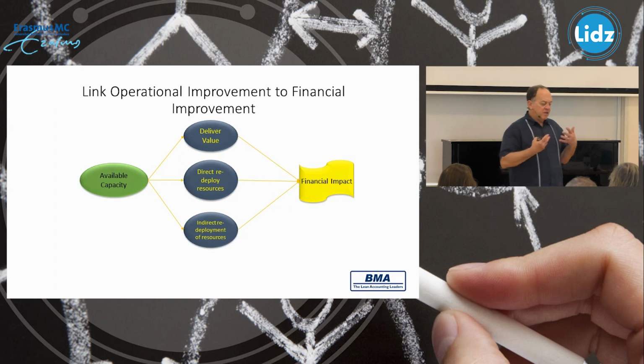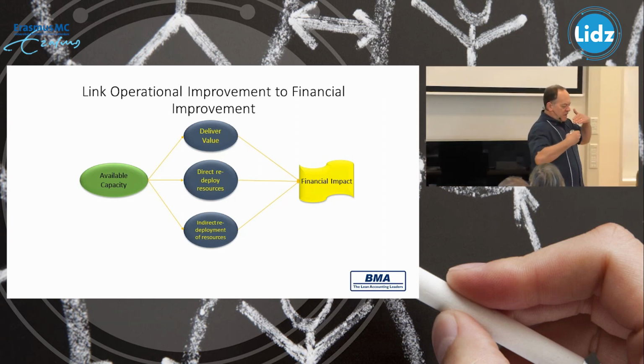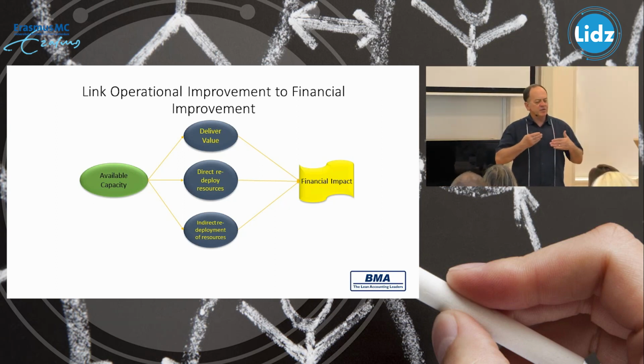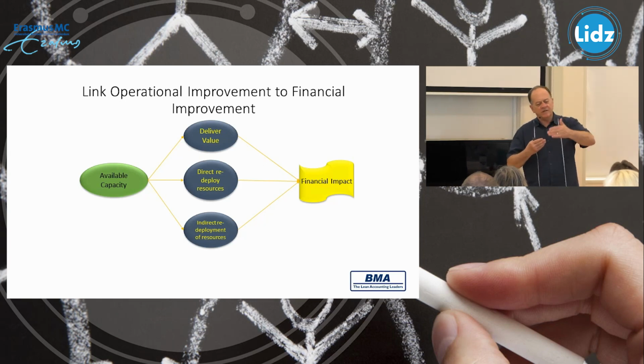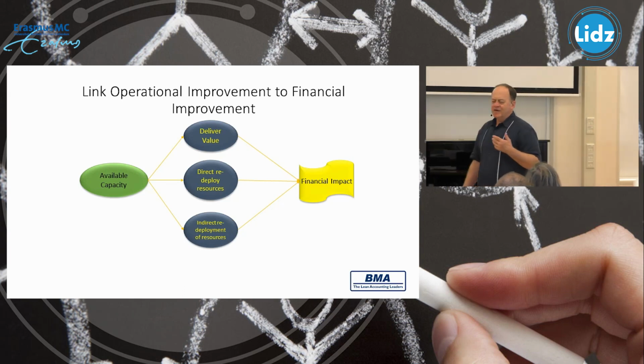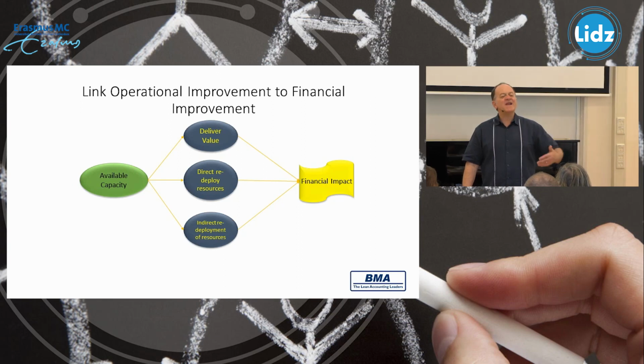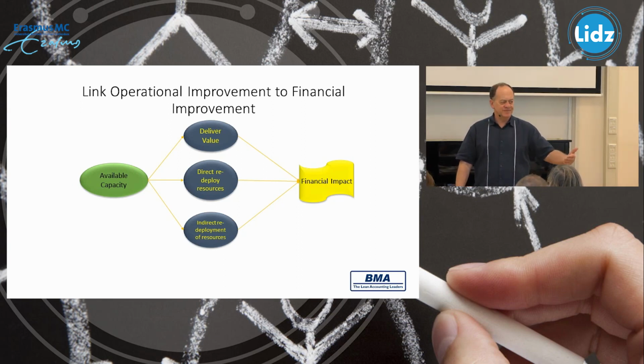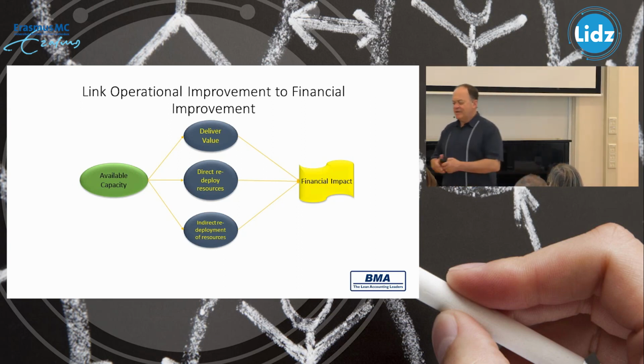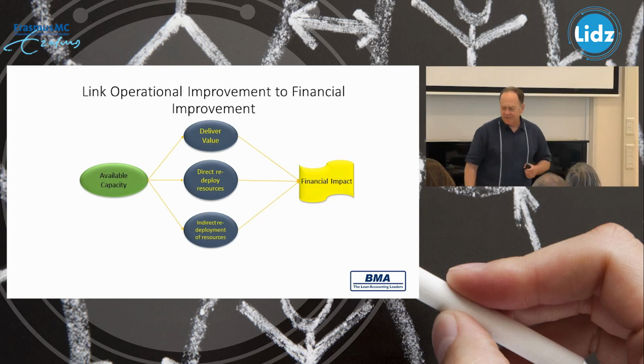If we use the available capacity and redeploy it in the business, what you do is you hold your costs down. I don't like this term a lot, but there's a lot of cost avoidance. We're not adding costs. That's why if you look at